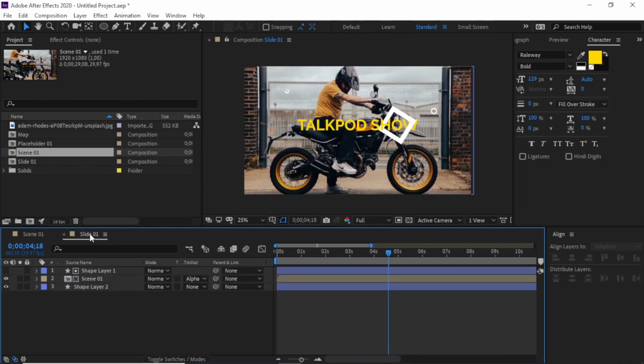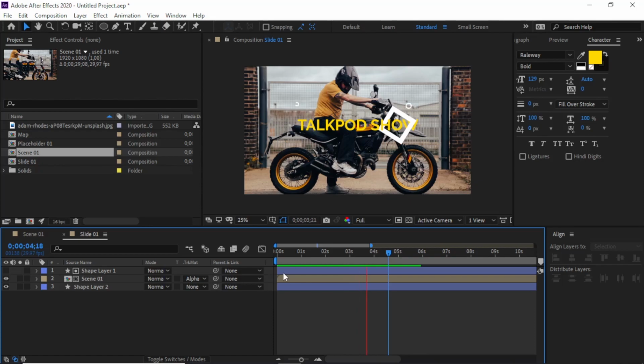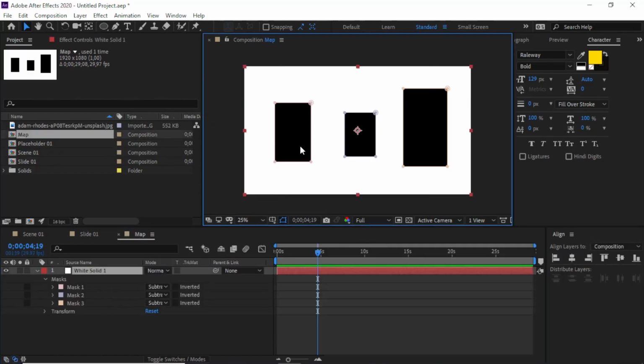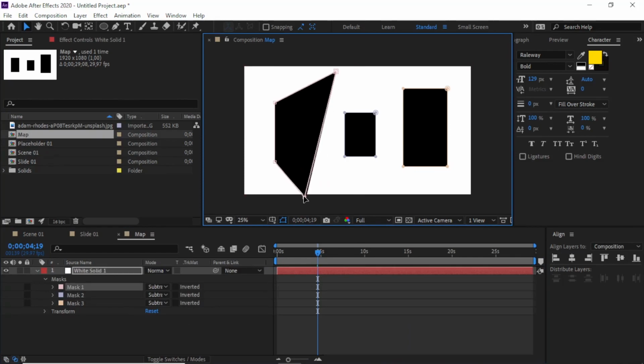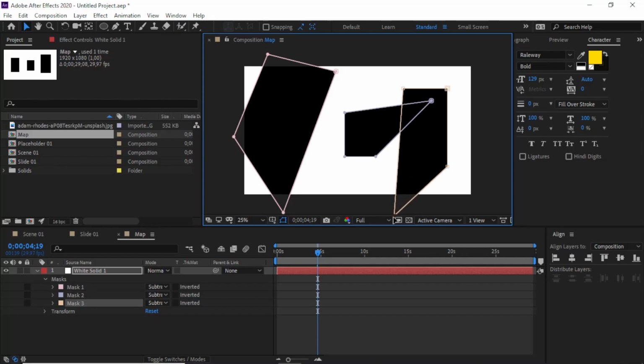And back to slide 1. That was the basic idea. I hope you like it, because you can get creative with the map here. You can use another model like this, maybe. It's just for sampling.